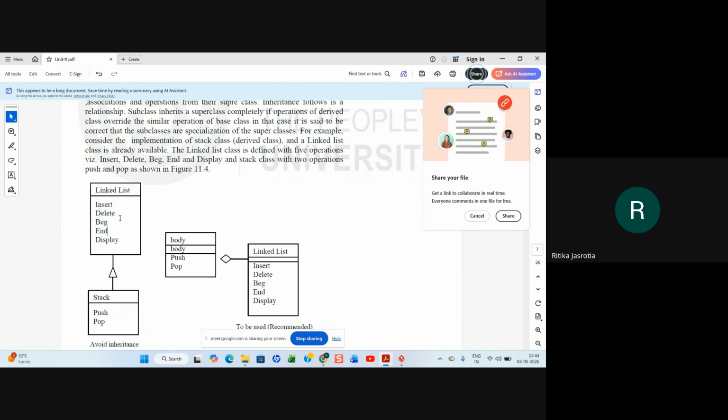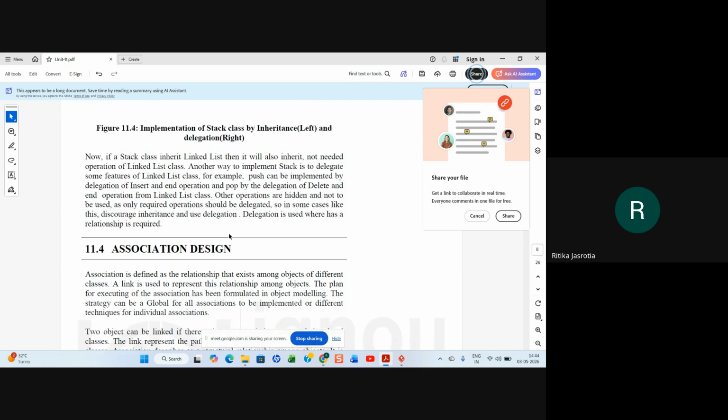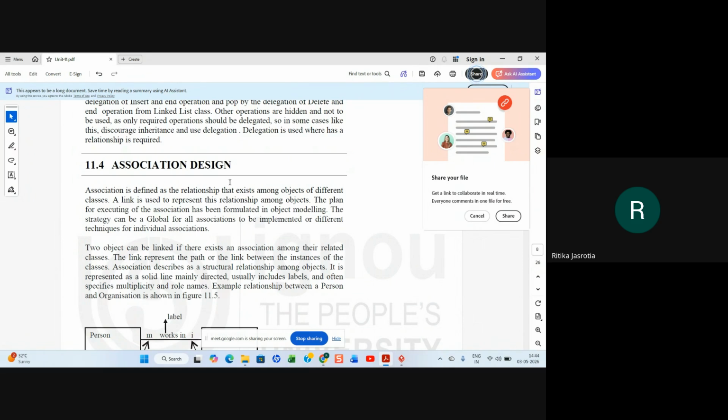So instead of inheritance, you will use delegation, that is aggregation. That means combining two or three operations, one of the operations of the child class can be implemented that way. That is what they have shown you. So this is how you are doing inheritance adjustment.